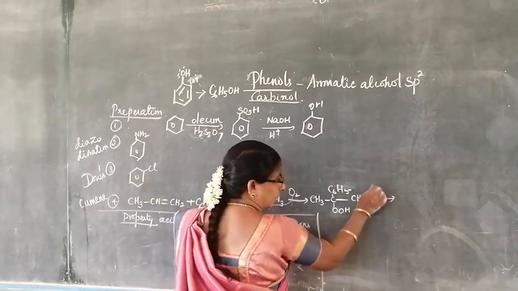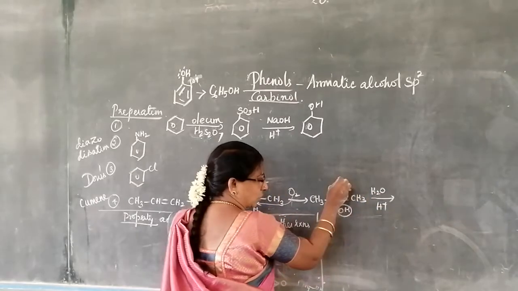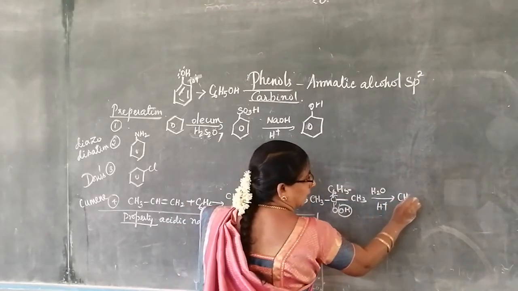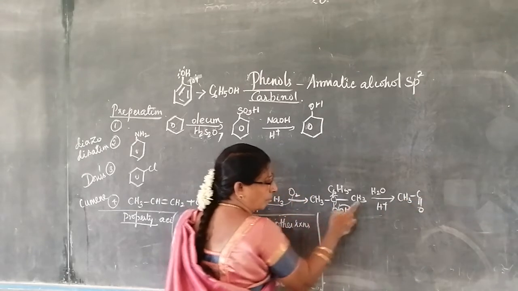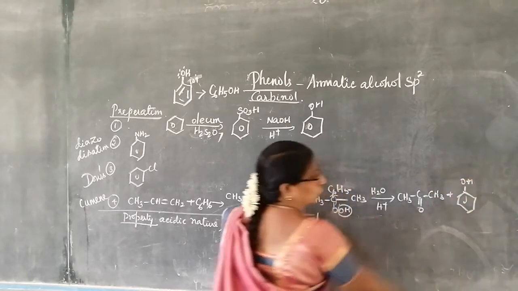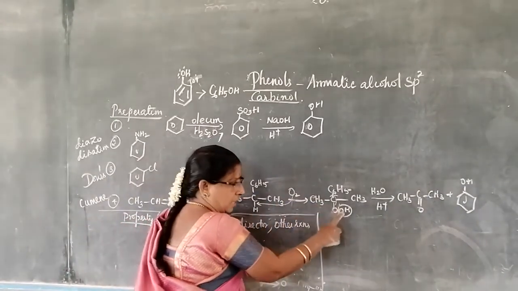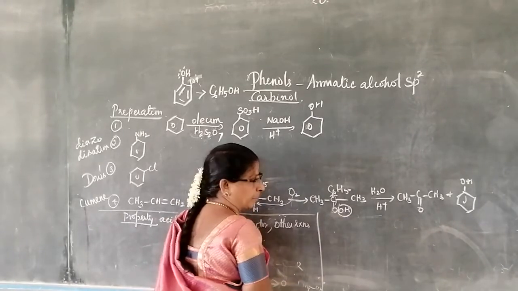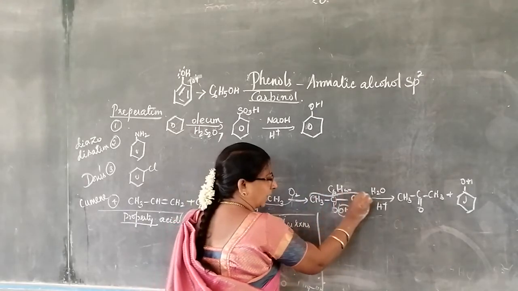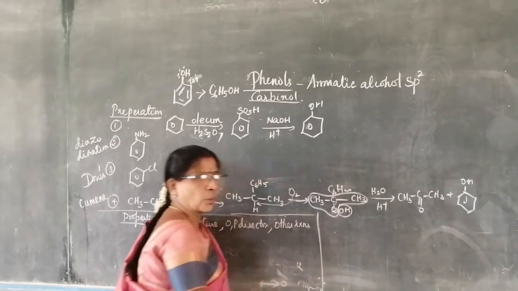When it is treated with water and H+, what will happen? This OH will cleave and it will attach to the benzene ring. This bond will cleave, so it will come to this. So what is the product you will get? CH3 C double bond O CH3 plus C6H5OH. So you are getting phenol. Cumene when treated with oxygen gives cumene peroxide. Peroxide means it will be attached to OOH only. Then on treatment with water and H+ in acidic medium, it will cleave and you will get acetone, CH3COCH3, and the OH will attach to the benzene ring and you will get phenol.